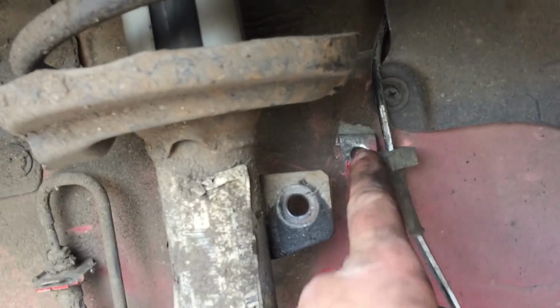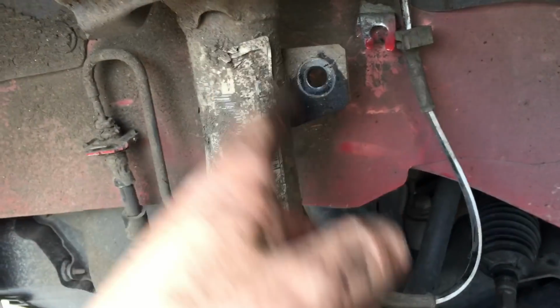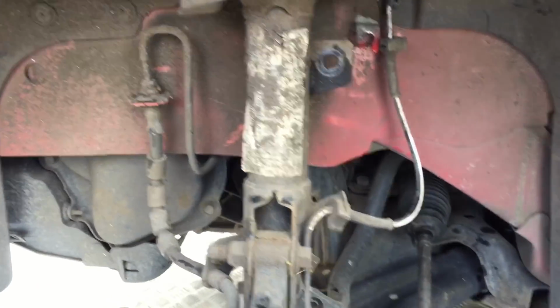We've got this little bracket up here. I need to straighten it out, get this slotted back in. I'm going to go and pick up a new drop link. They're about £8 each. And then I'm going to buy a spray can in red to base up the inside of the wing. I'll show you on the new wing that I've